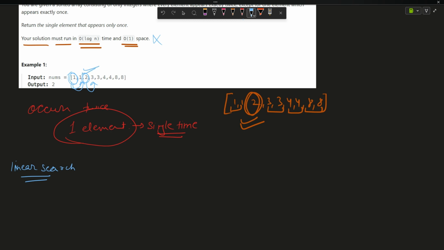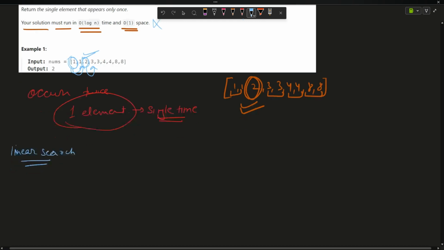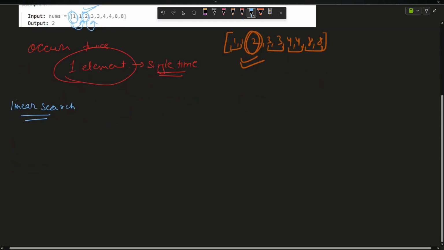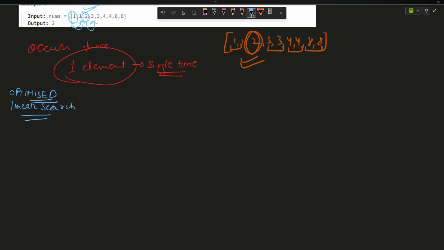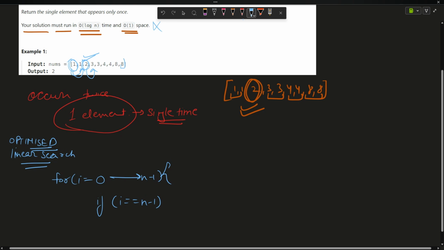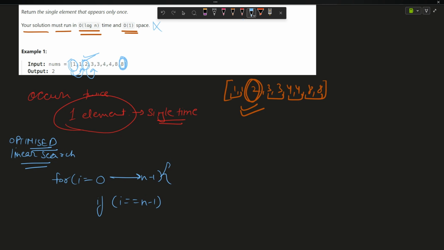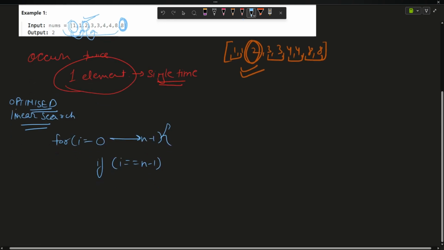So I can break my loop here, right? So my linear search will look something like this. I will not say it is exactly linear search, I will say it is optimized linear search. What I will do is I will say for i equals 0 up till n minus 1. What will happen if my i equals n minus 1, that is I have reached the last node and I've still not found a single element? That means this element has to be single, right? Because all of the previous ones have been paired. So if i equals n minus 1, in that case return